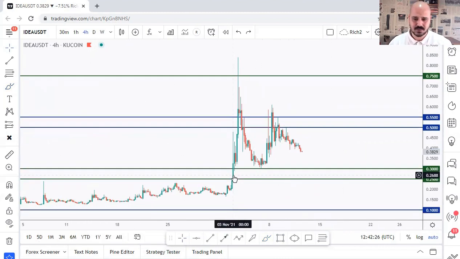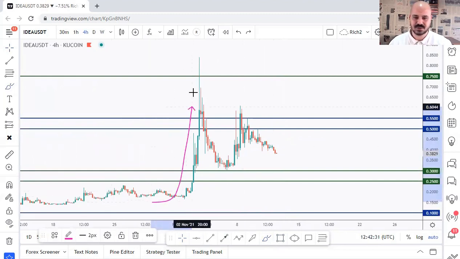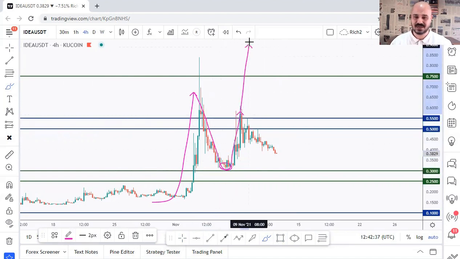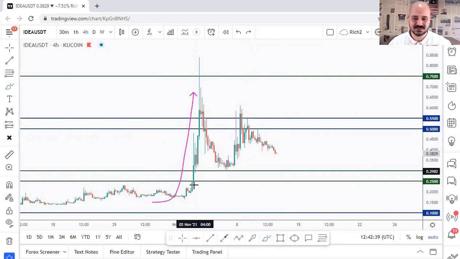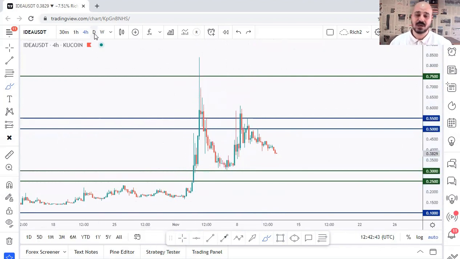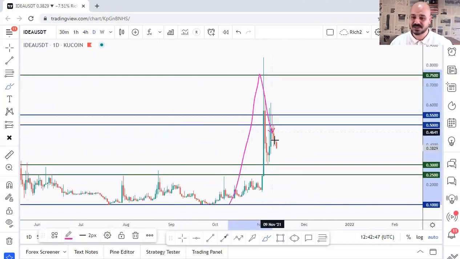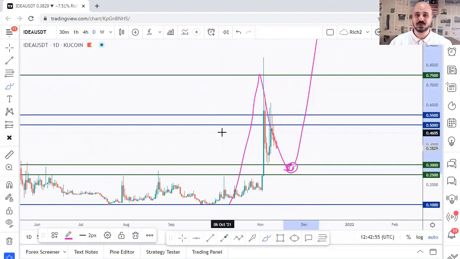Now from H4, I can't really find much. But we know that the price broke above this area, then made this correction, and then failed to make another higher high. So we're expecting the price to make an impulse correction, then another impulse. While from daily, it's still possible. So we have this impulse, and we are currently still in the correction phase. Now as price approaches this support area, we'll be looking for the next impulse, which would result in